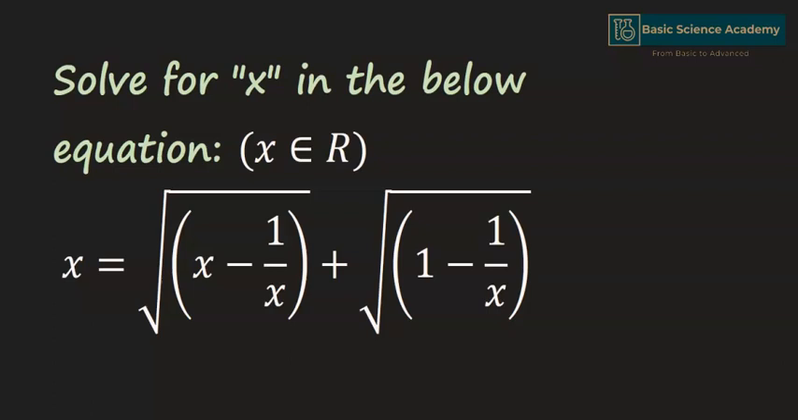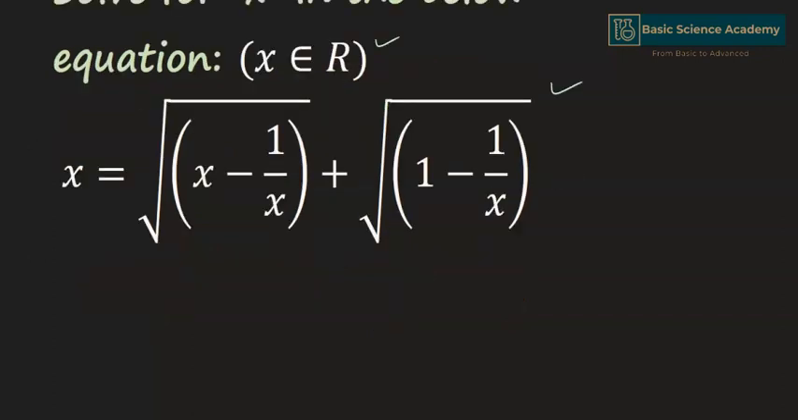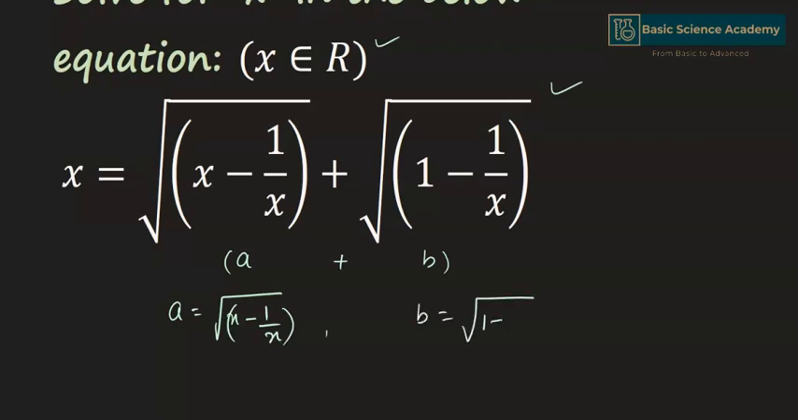In this video, we are going to solve for x in this equation where x belongs to R. The right side of the equation is in the form of a plus b, where a is equal to square root of x minus 1 divided by x and b is equal to square root of 1 minus 1 divided by x. In order to remove these square roots, we have to multiply both sides of the equation by a